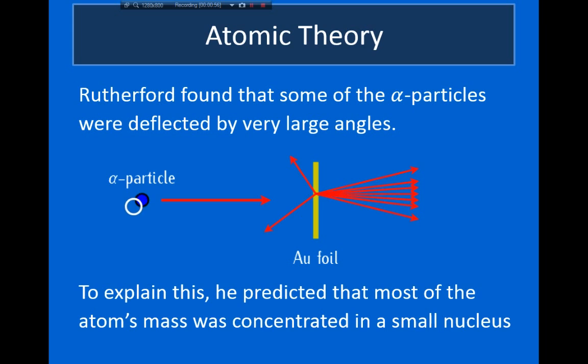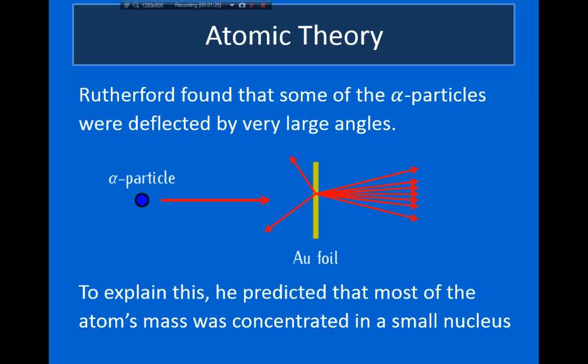And they directed these alpha particles at a very, very thin sheet of gold foil. So it's only just a few atoms thick. And they watched to see what happened to these alpha particles as they passed through this gold foil. And what Geiger had discovered was that some of these alpha particles, when they struck the gold foil, were actually deflected backwards. And of course, this was a completely unexpected result,